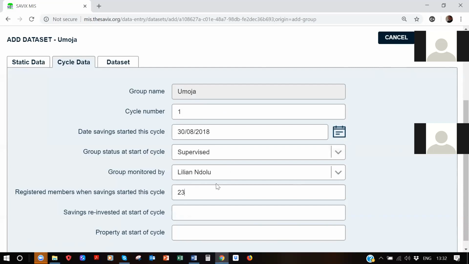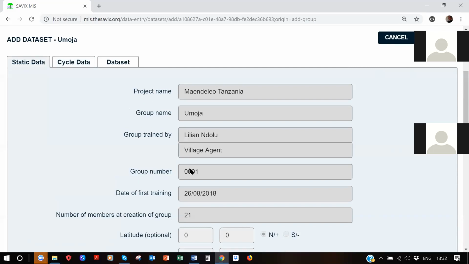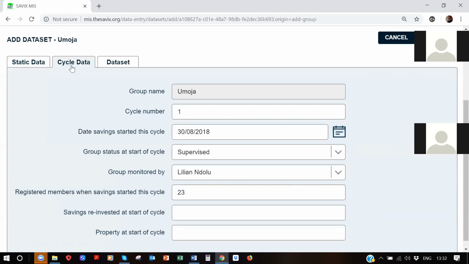Now, notice the date here is the 30th of August. Here is the 26th of August. What do you think happened between the 26th and the 30th of August? How come we are now 23? What happened in the last